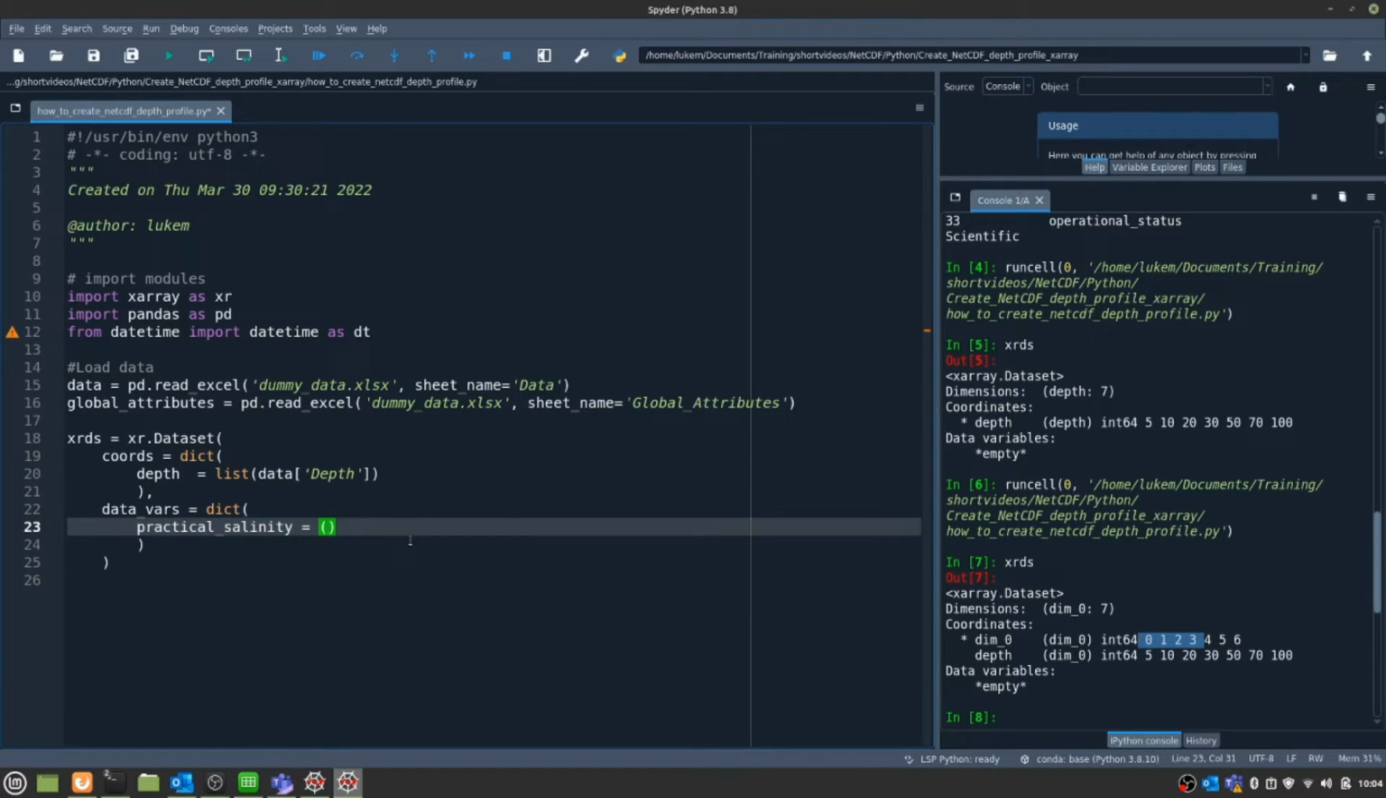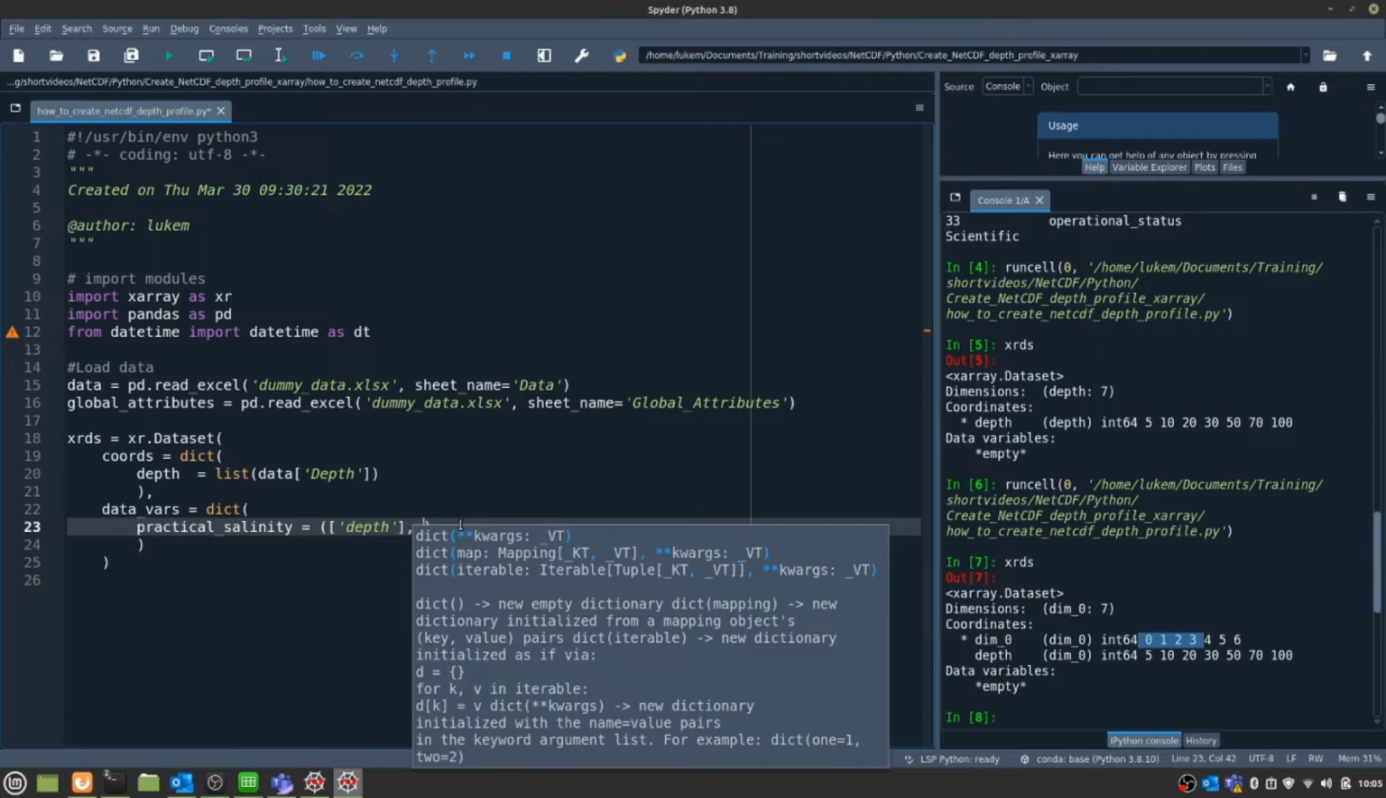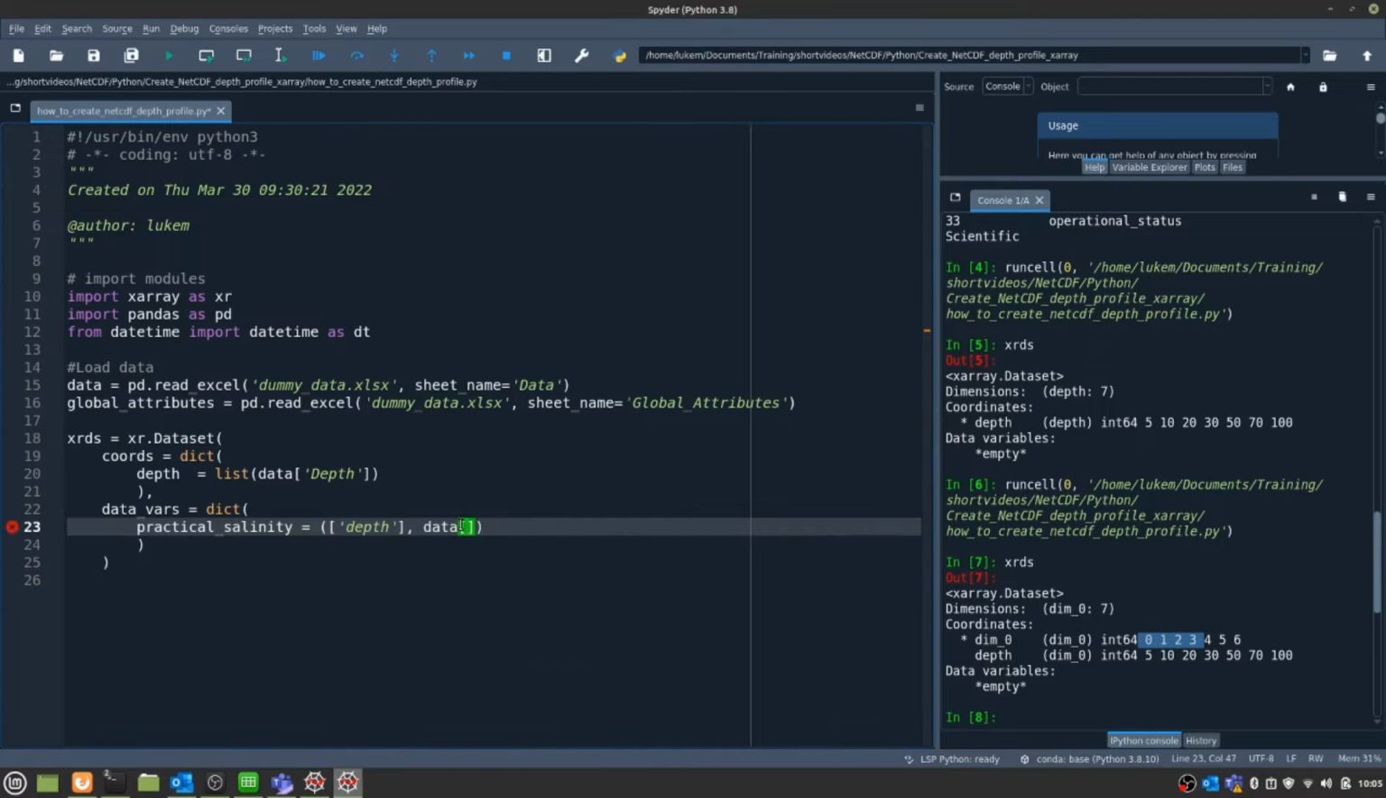So we can include in square brackets the dimension name, depth. And we do this in square brackets because if this was multi-dimensional data, we would need to include multiple dimensions, so a list of dimensions. But in this case, we only have one value. Then outside of our square brackets, but still within our round brackets, we put a comma, and then our data values. So data, our data frame object, and practical salinity. We can put a comma after this,